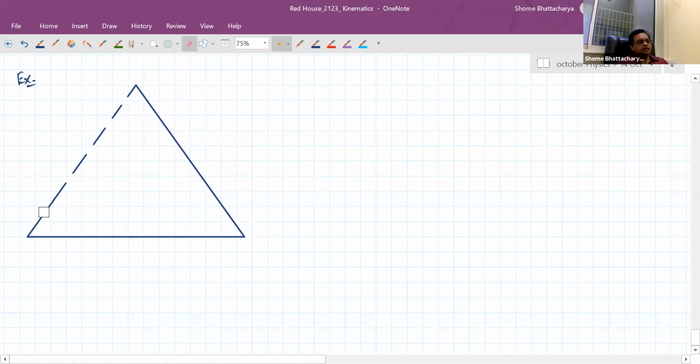we have 3 particles which are located initially at the vertices of an equilateral triangle, and they simultaneously start moving at t equal to 0 such that they are chasing each other. That is, one particle is moving towards the other always. This is the situation at t equal to 0.